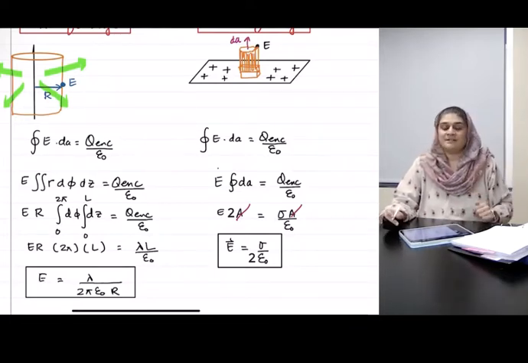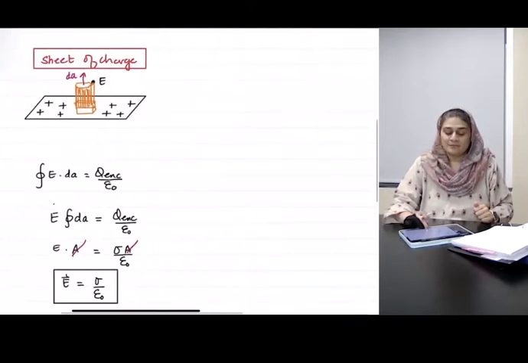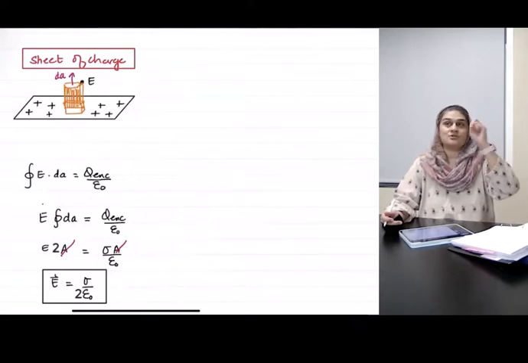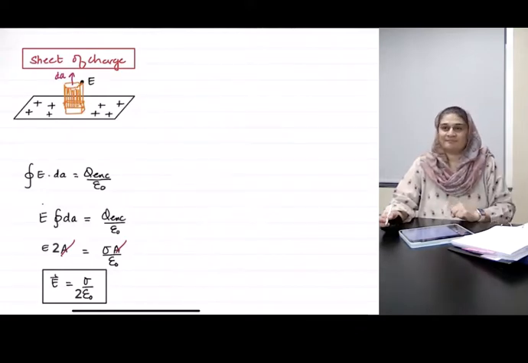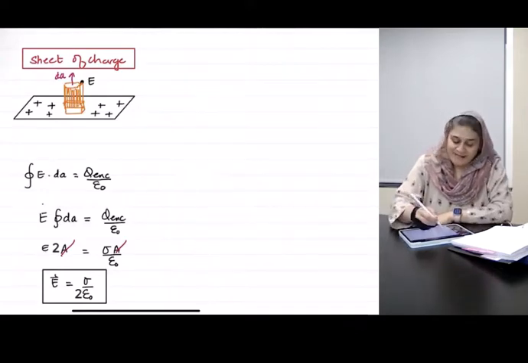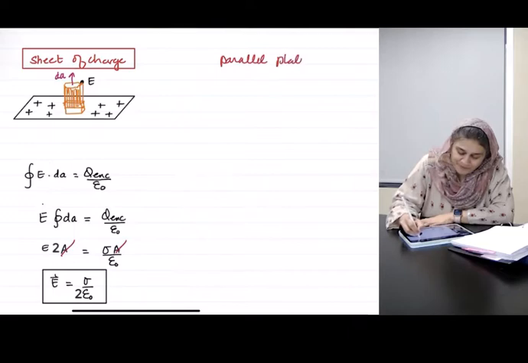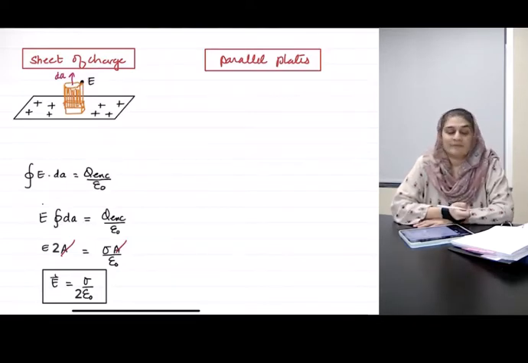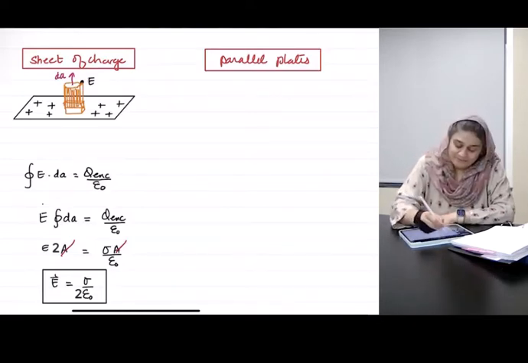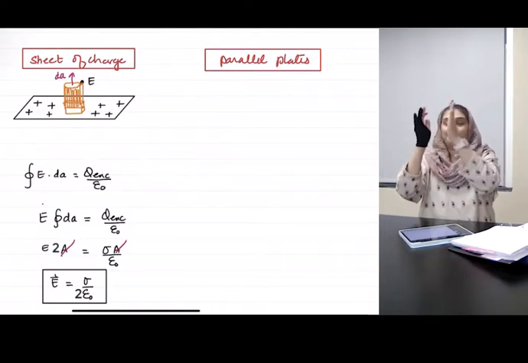So I'm going to build on these sheets now. What if instead of one sheet of charge, you had two sheets of charge? In that case, we call them parallel plates. What do they look like? So I'm just going to draw